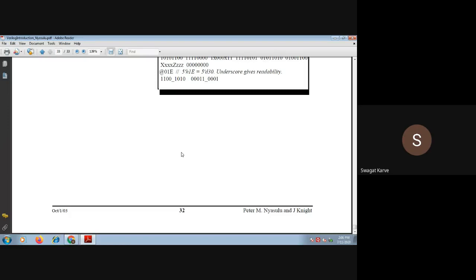But now here we will write a Verilog code. In the last demonstration we used the VHDL module. Now we will use the Verilog module. This is the big difference between Verilog and VHDL.